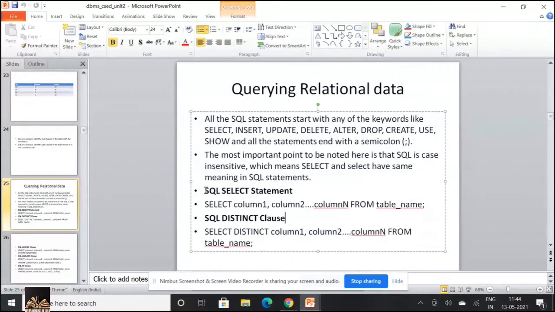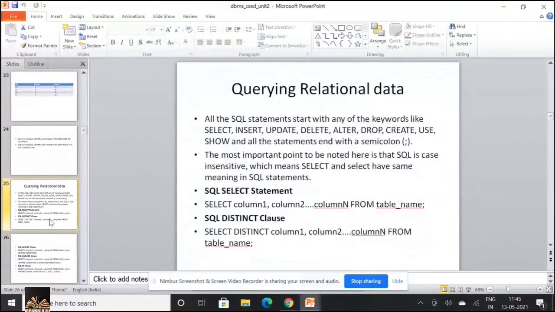Or you can use the concept of distinct, which displays only unique values from a given table. That would be select distinct of column 1, column 2, so on, column n from table name.